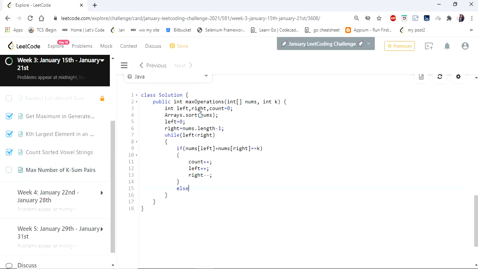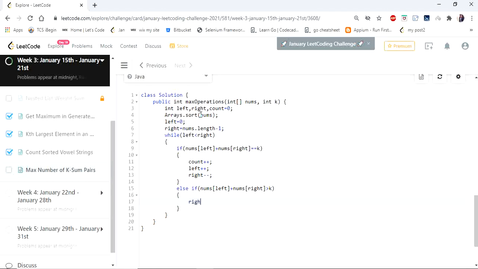Else if nums of left plus nums of right is greater than k, which means it is a larger number, so we want a smaller number to be added.